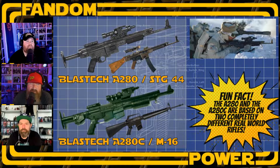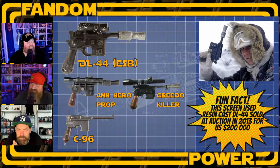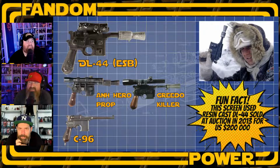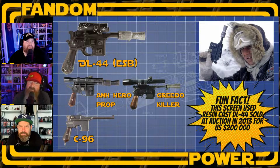Oh, okay, let's get this one right out of the way because we're still on Hoth, so let's talk about this bad boy right here. Han Solo and his BlasTech DL-44 heavy blaster pistol. Like you said before, the DL-44 is considered one of the most powerful blaster pistols in existence, and that punch does not sacrifice any accuracy,